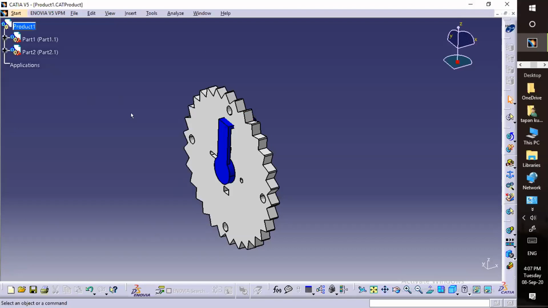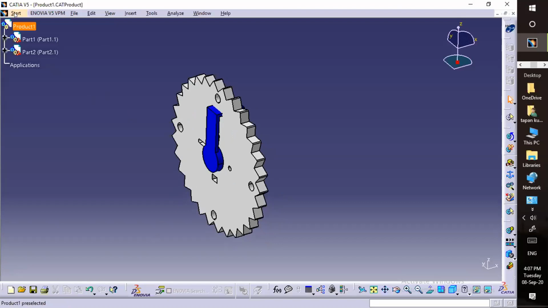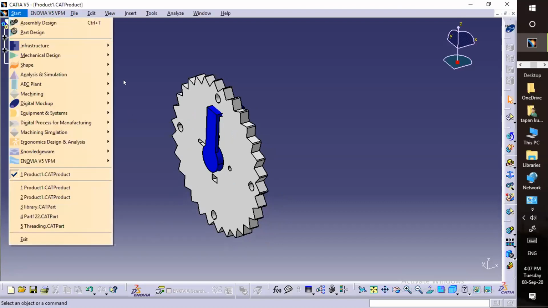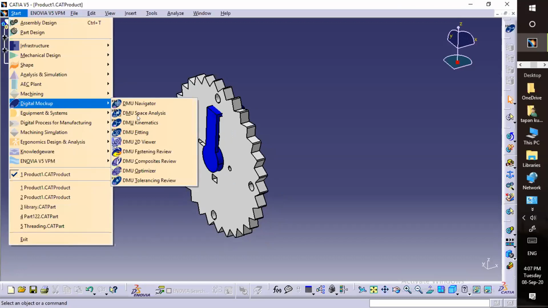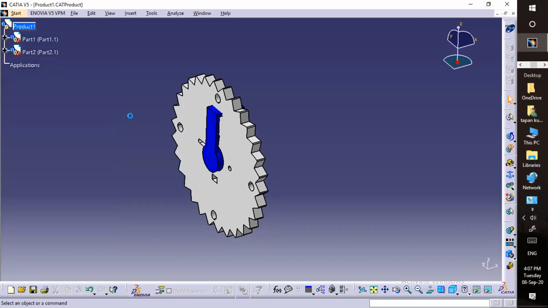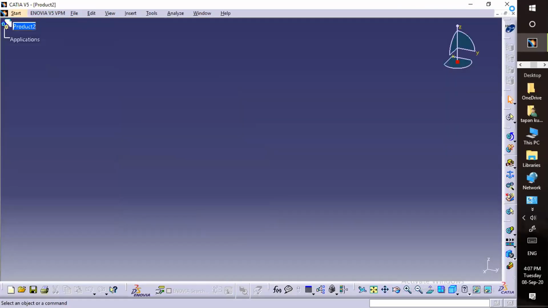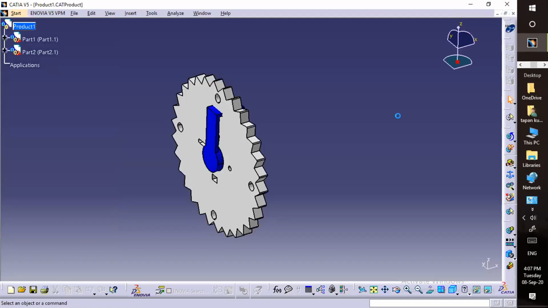First thing you need to do is go to start. In order to give the kinematic motion, you need to go to the digital mock-up, DMU kinematics. I think we are already here in the DMU kinematics interface.